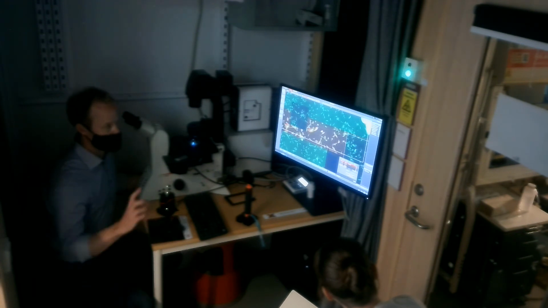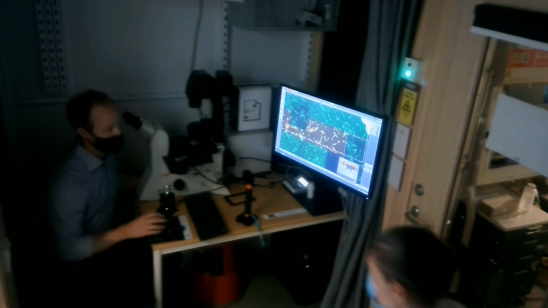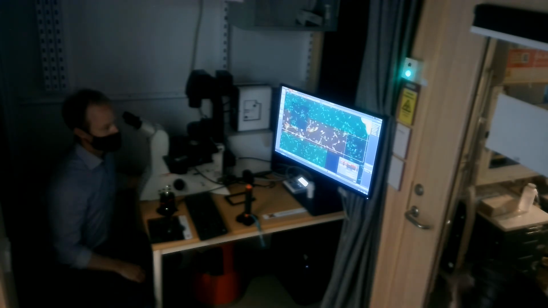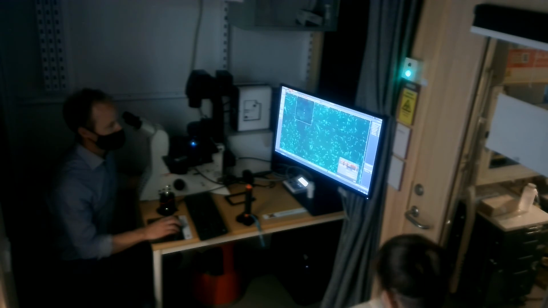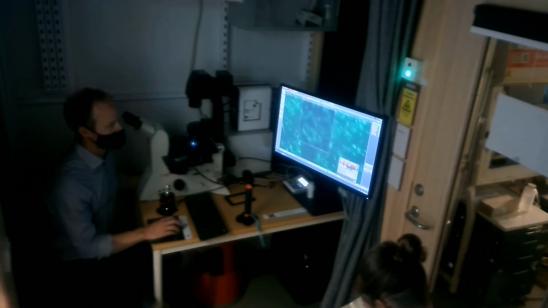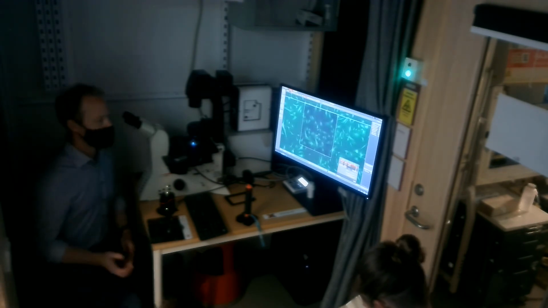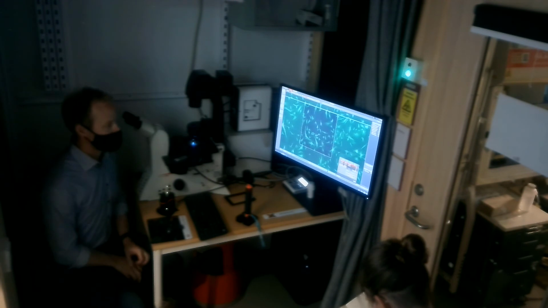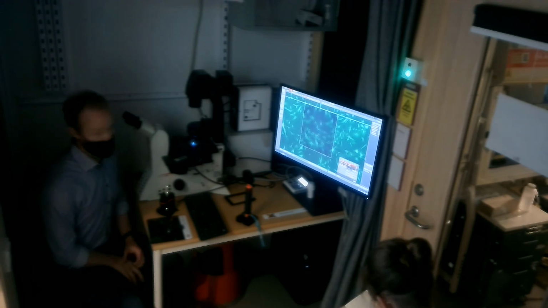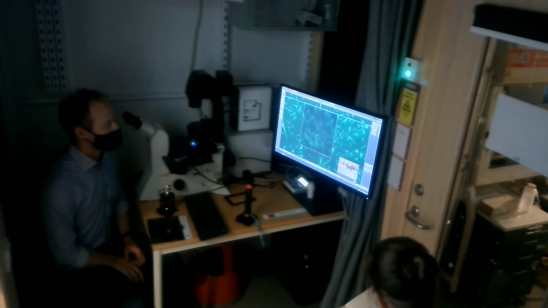You can also see that it's actually moving much more than it needs to, but that's something you can play around with in the autofocus. So there you can also see that it found a good focus for this. So you can generate the focus map automatically if you have a nice sample by using find autofocus. Saves you a little bit of manual labor if you have a lot of